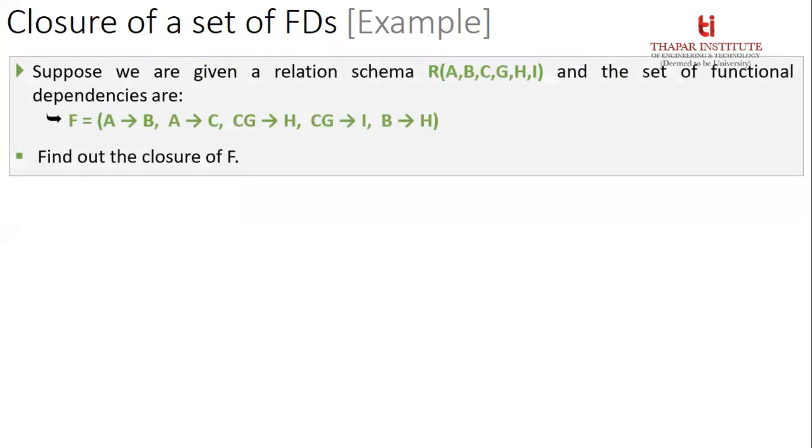ओके, नेक्स्ट देखो, this is for you to find out the closure of F. तुम्हें सारी की सारी डिपेंडेंसी फाइंड आउट करना है इसके लिए, जितनी भी एडिशनल आपको मिल रही हो. Please find out the additional dependencies. कुछ तो यहाँ पे दी हुई है, इसके अलावा अलग क्या क्या हो सकती है वो बताओ.